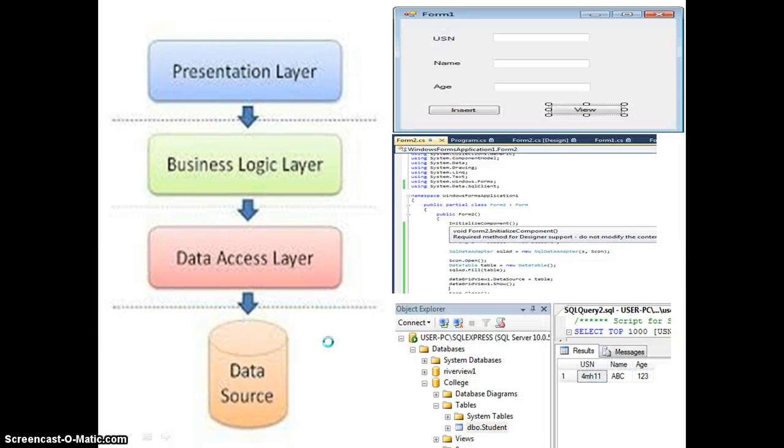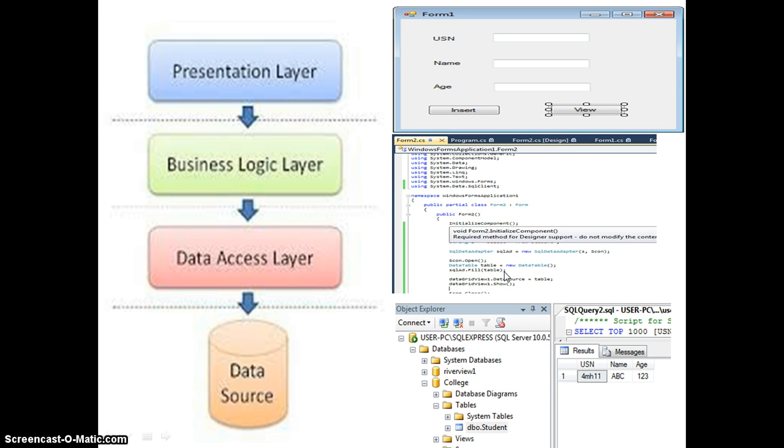So for a developer, this is how he sees the presentation layer with the forms. This is what we are going to create. For student information, you enter the USN, the name, and then the age. Then I click insert. It goes to the business logic layer, where we write code for calculating marks or any such thing. The data access layer is also written in code, where we establish the connection to the database, store the data, and execute the queries.